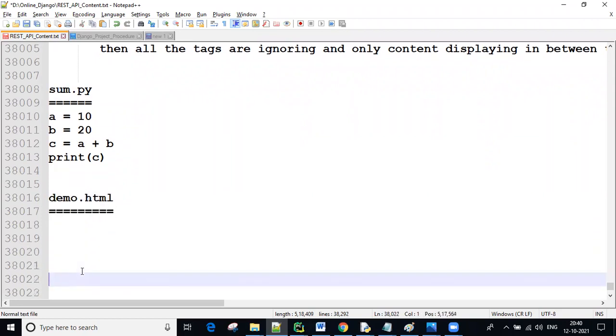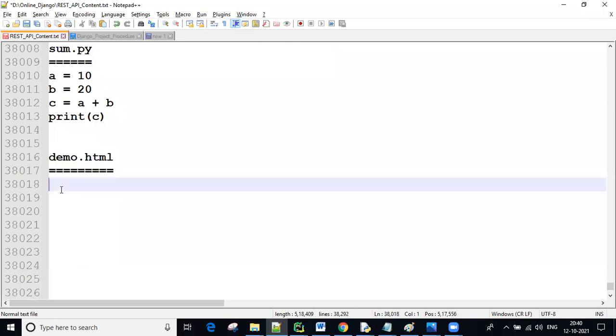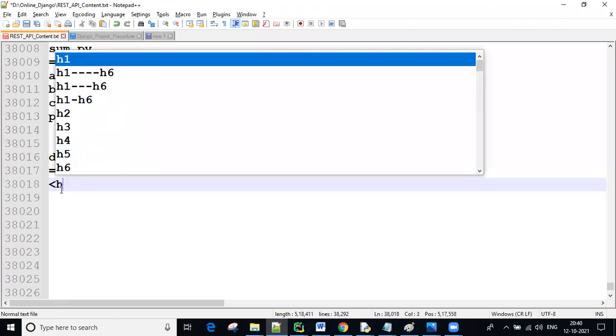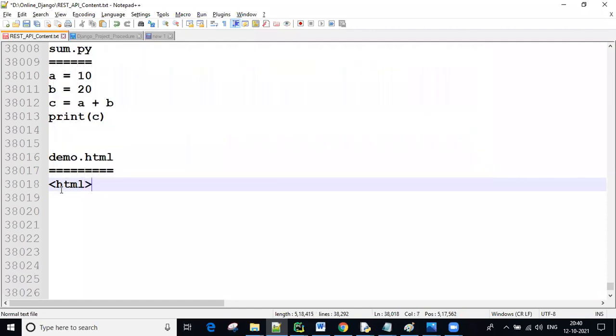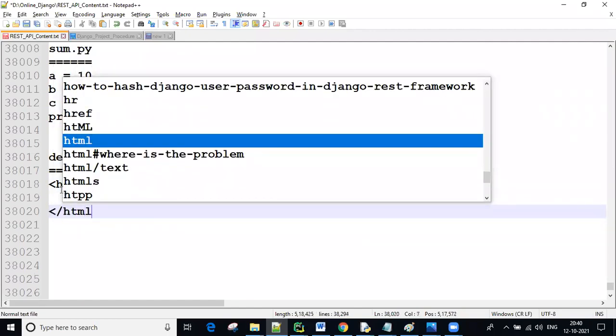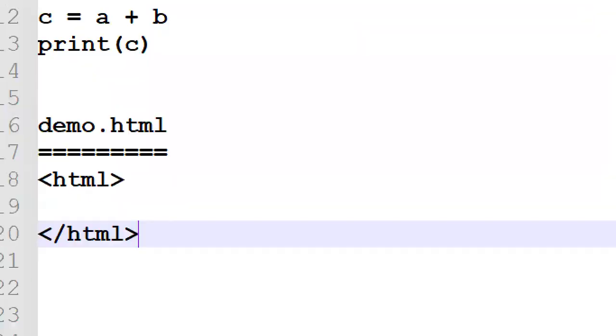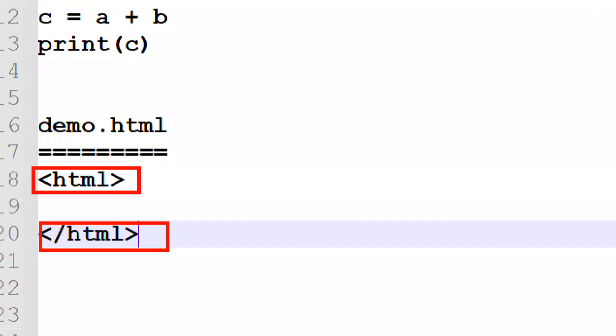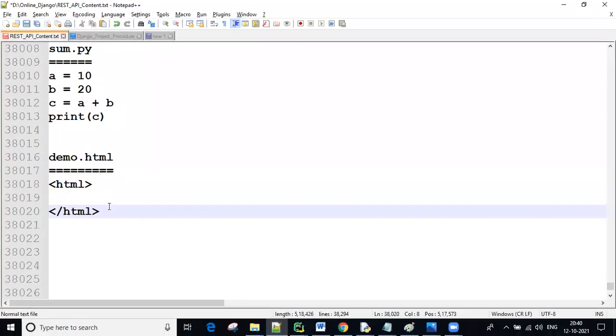and now here you are going to write the coding. Okay, so if you want to write HTML code, guys, first of all remember the syntax. HTML is the parent tag, guys. Every open tag requires a close tag, guys. This is an open tag, and this is a close tag. Every open tag requires a close tag.